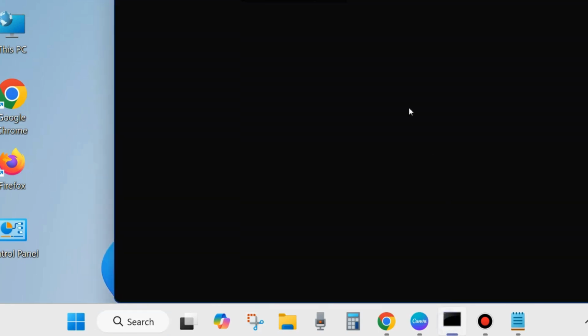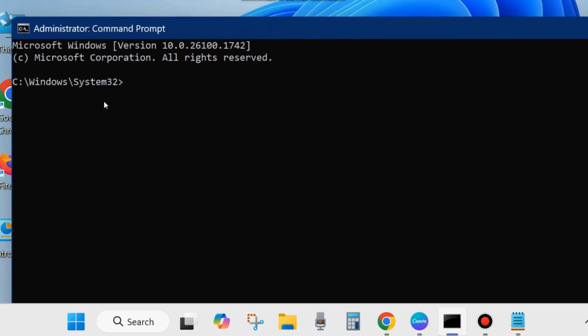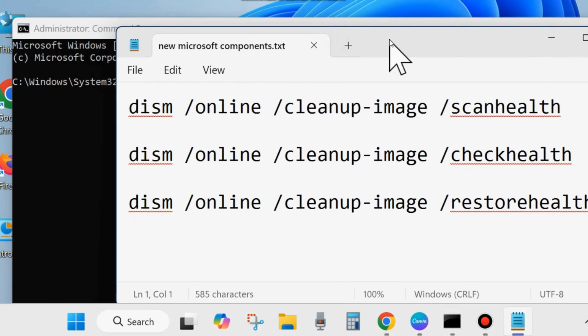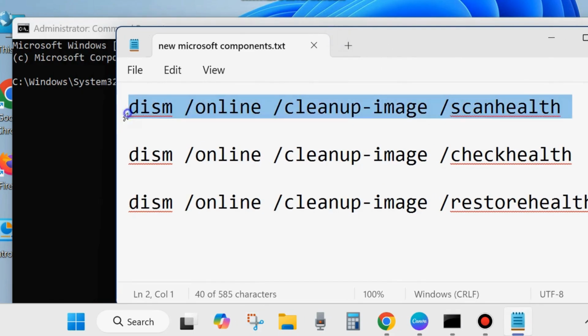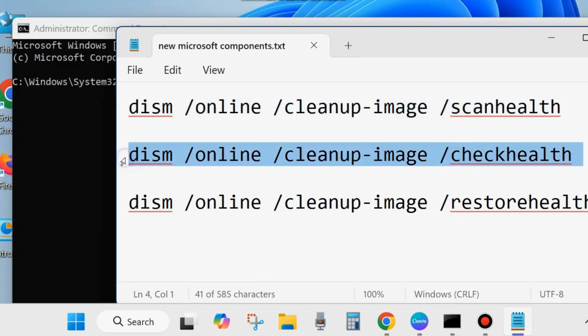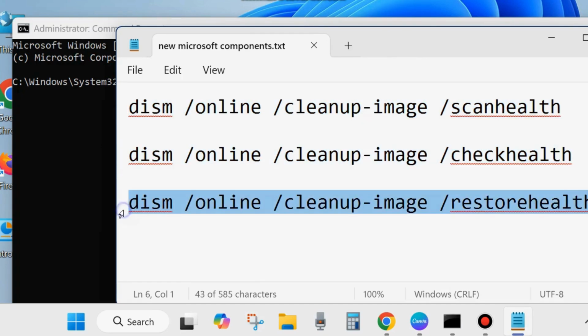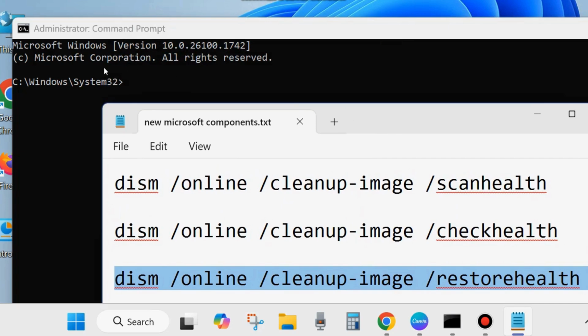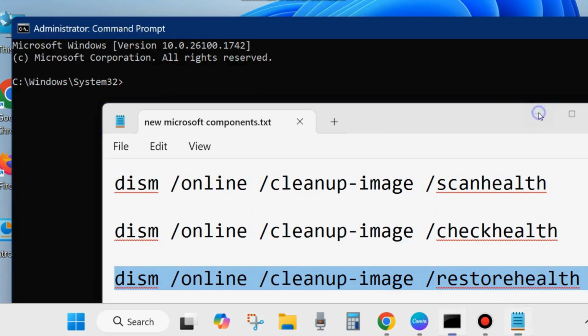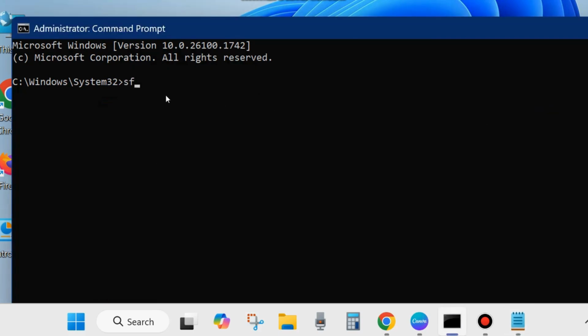In command prompt Windows, first execute these three DISM tool commands as shown on the screen one by one. DISM online scan health, DISM online check health, and DISM online restore health. Execute all these three commands one by one, followed by the enter key each time in command prompt Windows. And after successful execution of DISM tool, execute the command